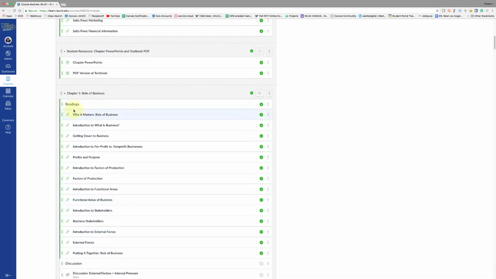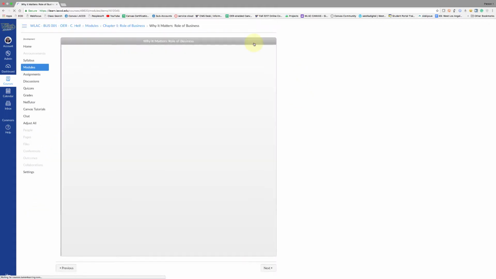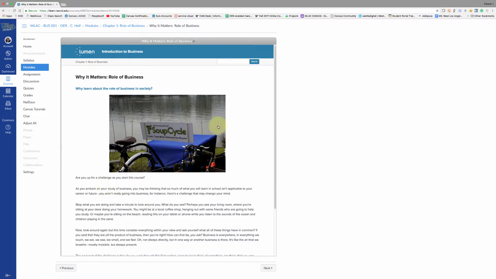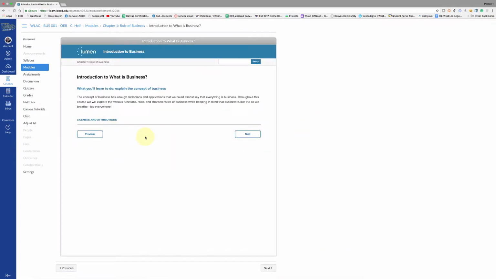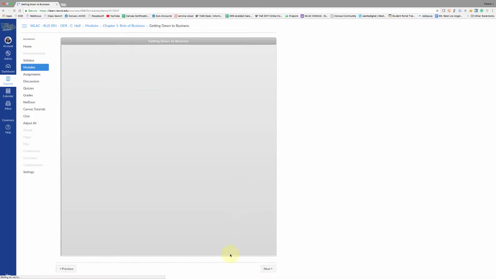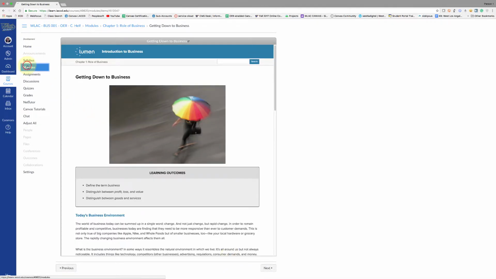So for the readings, these are just exactly as they are in Lumen. And what I've done is, the student clicks on the first one and it shows up right in Canvas. And then they can click next at the bottom. They could click next here, but they might get a little lost. So try to remind them to click on this next here. And it basically goes to the next part of chapter 1 once they click that. And so they basically read the chapter here. And then when they're done,